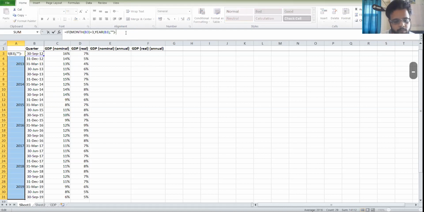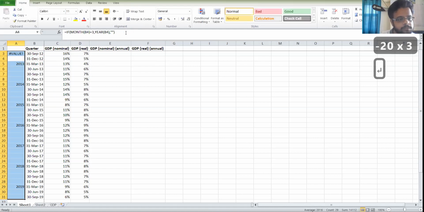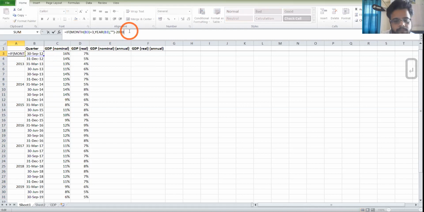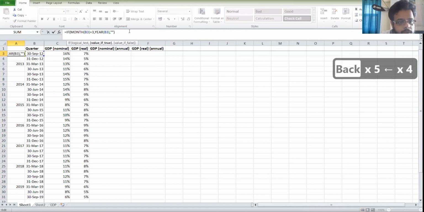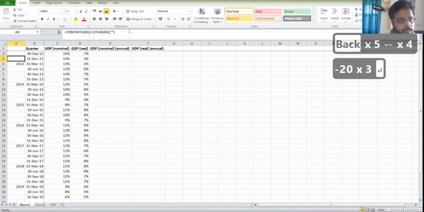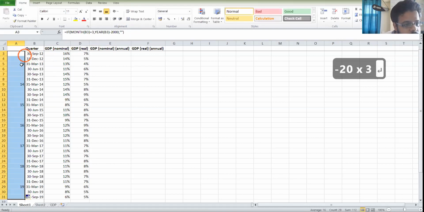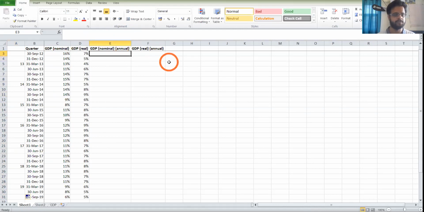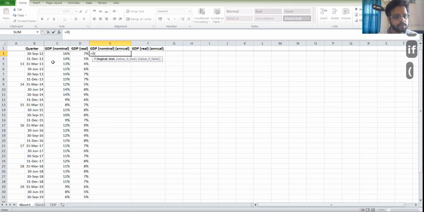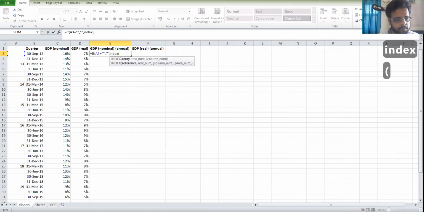I don't want the year, I want the year minus 2000. In Excel also you have to do some hit and trial before you finally arrive at the answer. That's okay. So if this is equal to nothing, then I want nothing. Else I want a number coming from,